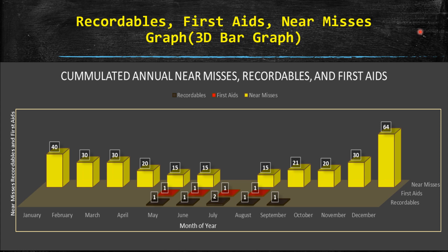For our recordables, on the other hand, we have one accident in May, one in June, two in July, and something to take note of is we had no near misses in July, and we also had one in August and one in September, which adds up to a total of 6 recordables and 4 first aids, and obviously 300 near misses. Some of the trends we see within this graph are